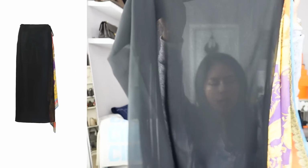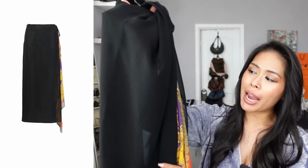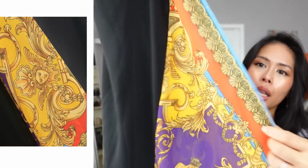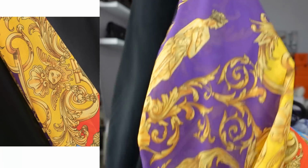And of course, with a bathing suit, you also need a cover up because we will be at a resort. I plan on walking around. So I got this Versace cover up skirt, and I love that this is mostly black because most of the clothes that I'm bringing will be black or can be easily matched with black. I'll have black accessories, but this has a really nice little pop of color with the just distinct Versace Medusa head here. It's got all these different colors, so I can wear this with my black bathing suit with